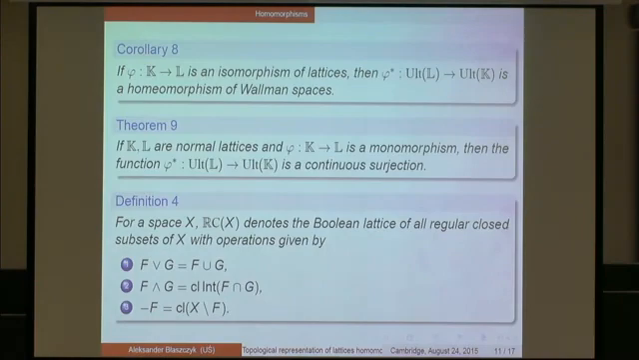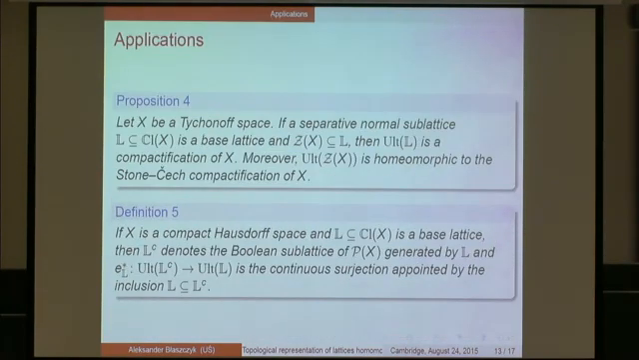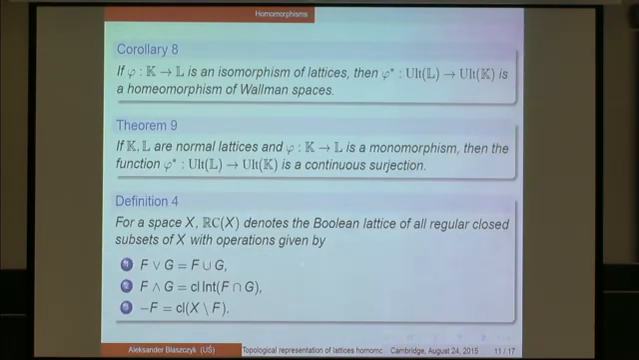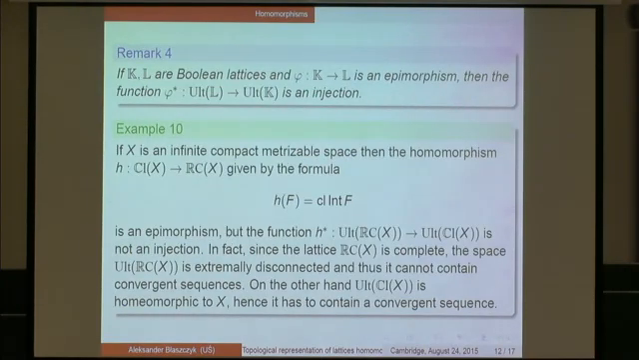And to show this, let me recall what the Boolean algebra of regular closed subsets is. Regular closed means that the closure of the interior is again the set. In that Boolean algebra, the join is just the usual union, and the meet is the closure of the interior of the intersection, and the complement is like here. That algebra is isomorphic to the algebra of regular open sets. So the space is